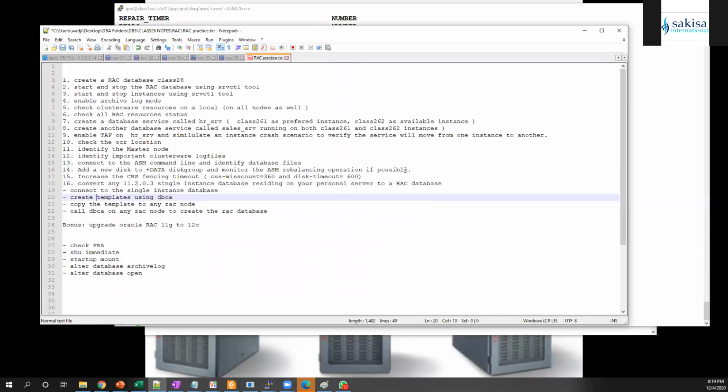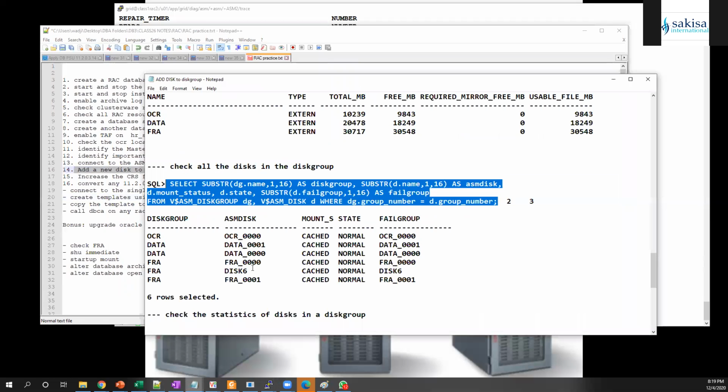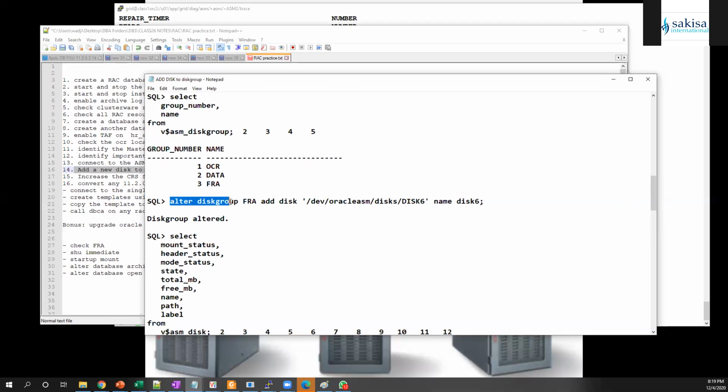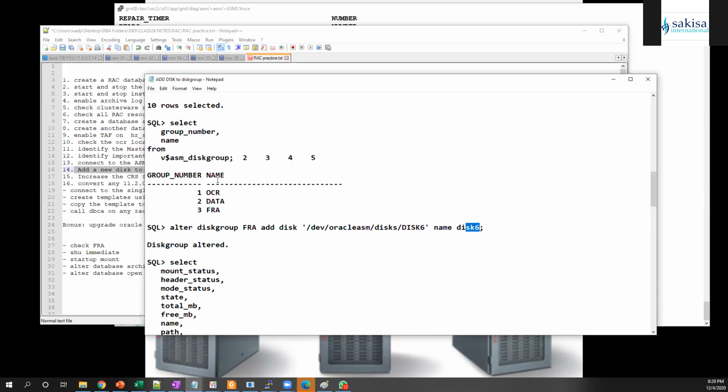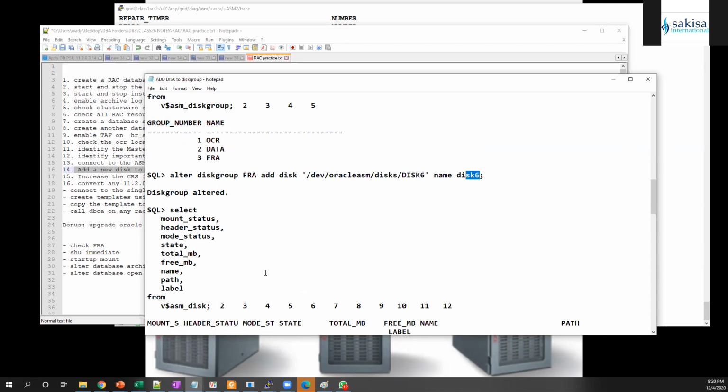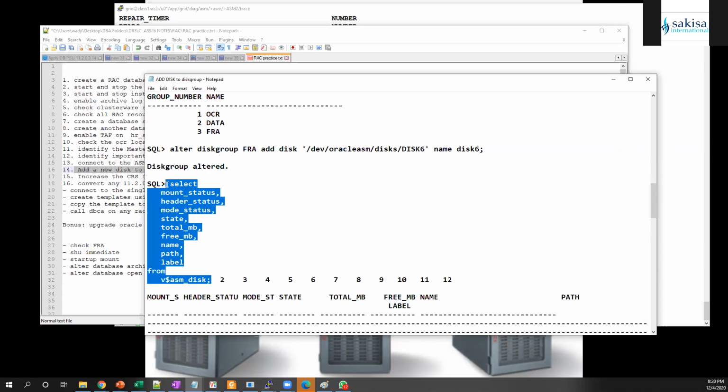That means in order for you to be able to add a disk to a disk group, just this command is enough. After ALTER DISKGROUP, you specify the disk group name. Then ADD DISK. You just add a disk. You know that the disks are located here, and you just put the disk name and the alias of the disk, and you'll be able to add the disk to the disk group. If I want to see all the disks,